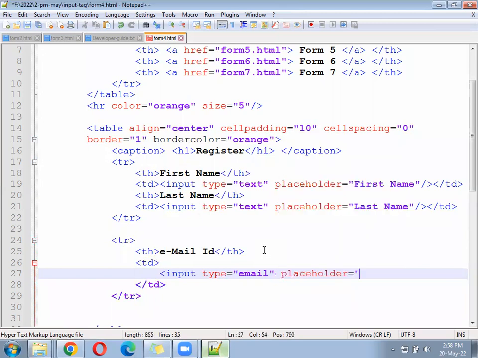Placeholder equal to email, enter email ID. Next, after this,